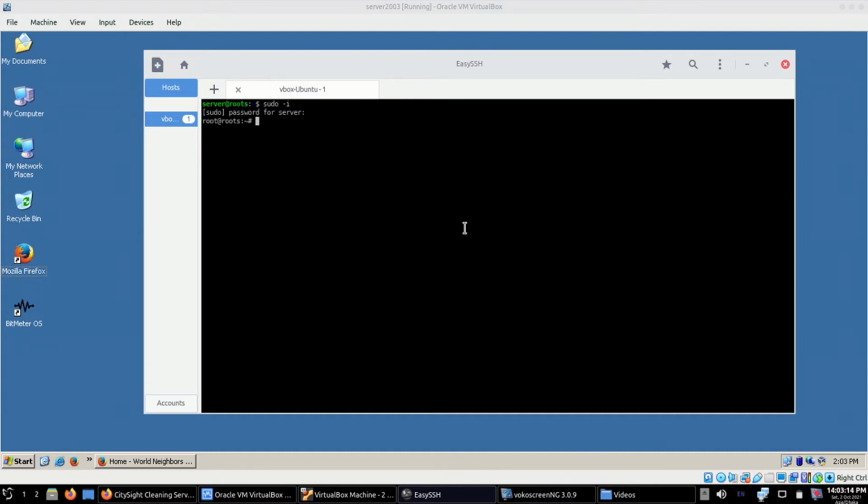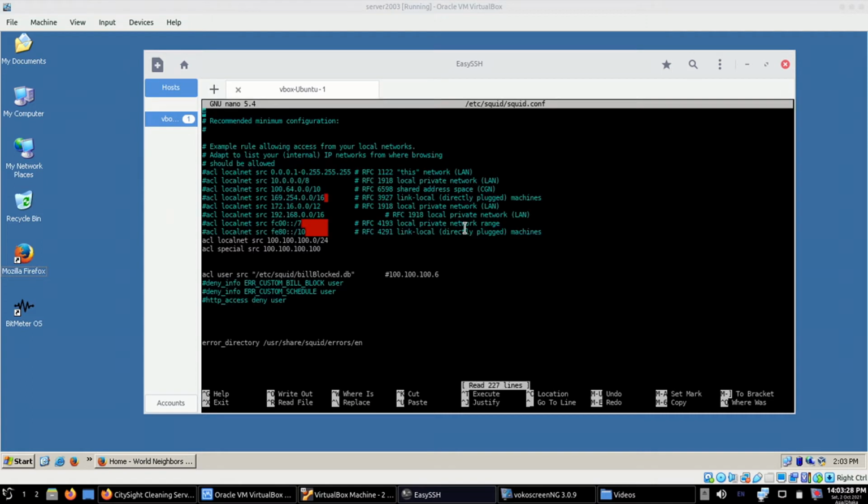Please follow my terminal. Here, I have 3 access control rules. Local net, which is my whole network, special for some special client, and user, which I use for testing the error page issue. For the block user, I create a list file, or you can use a single source like